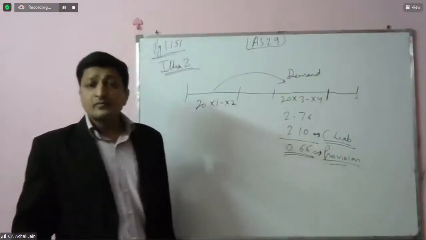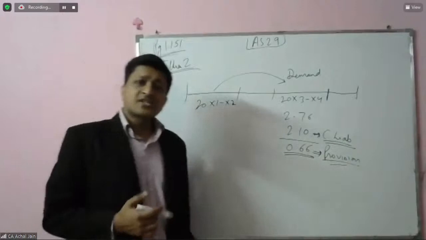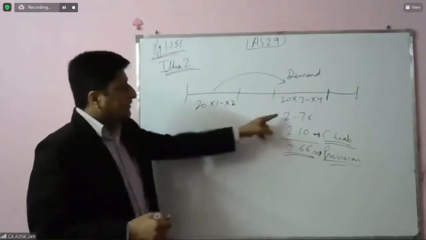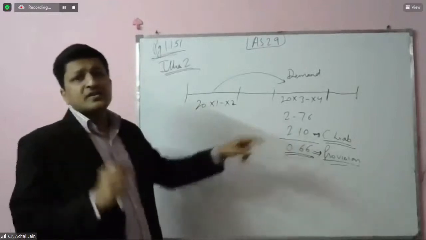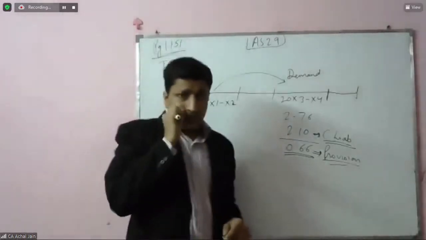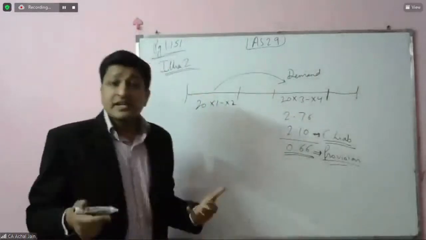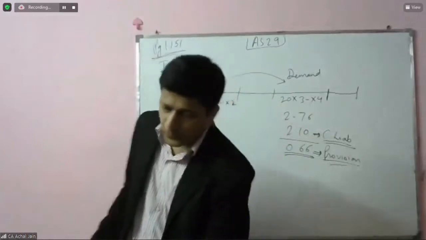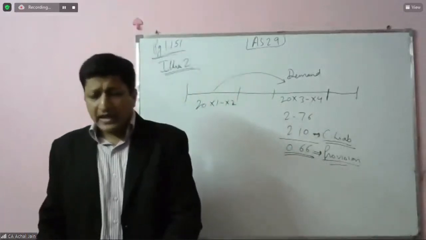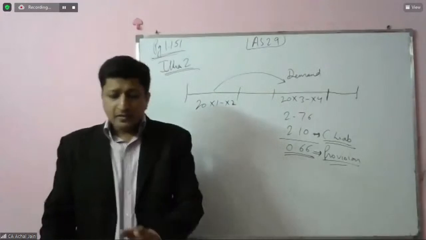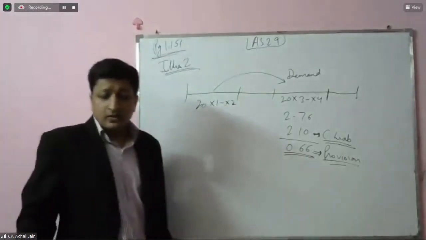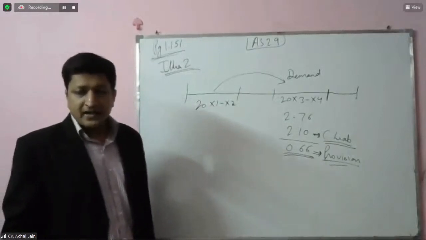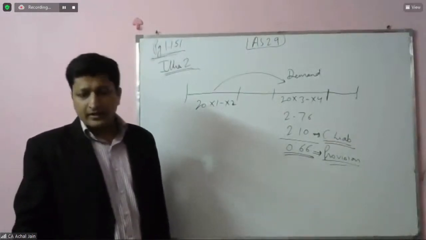And in terms of its accounting, let's try to see what is the accounting entry which the company will pass. They have already paid 2.76 crore. Yes or no? So let's understand the accounting entry which they will pass. Can any of you help me with the accounting entry? I think Poonam has already shared the accounting entry. Very good. Poonam is saying provision debited to bank. But this is a part entry you have shared. Can you share the complete accounting entry?